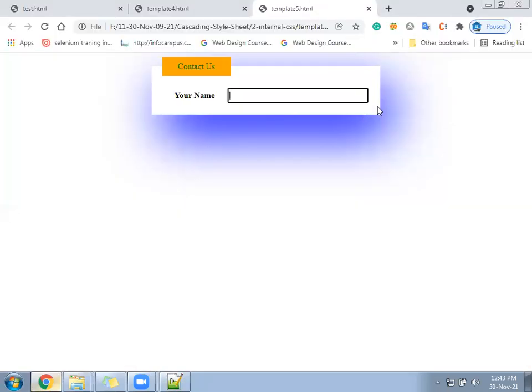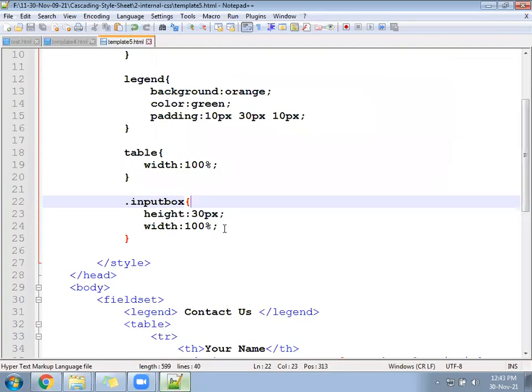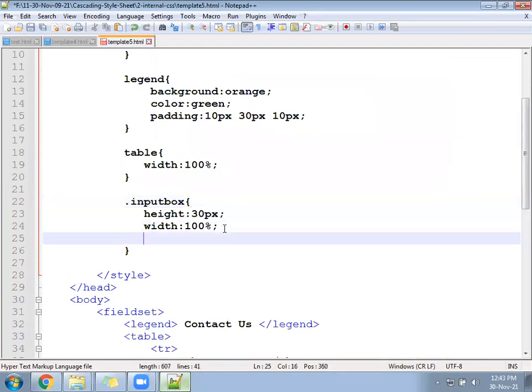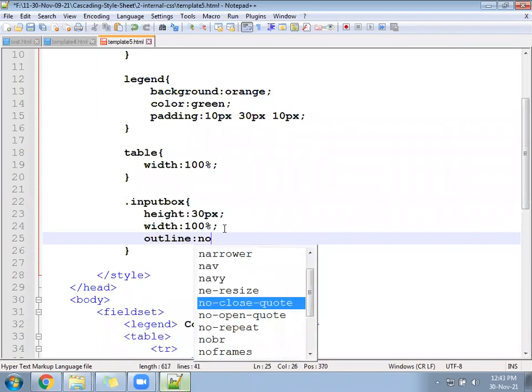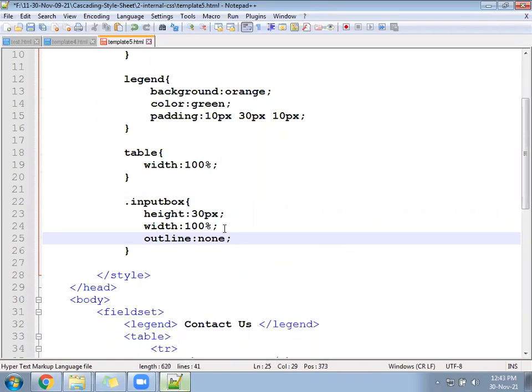If you open the same page in Mozilla, the outline will be different. If you open it in Chrome, the outline will be a little different. It should not be different according to browser. So what will we do? We will make outline none. No outline for anyone.